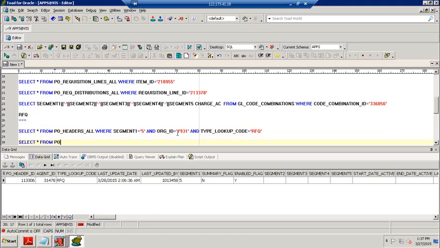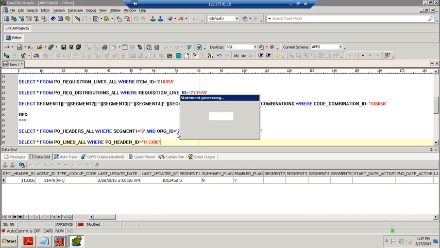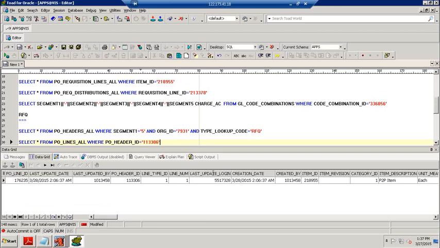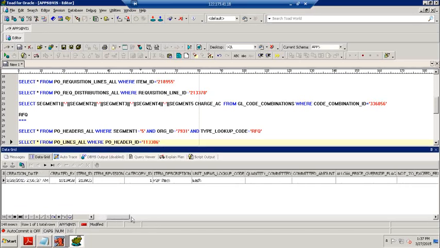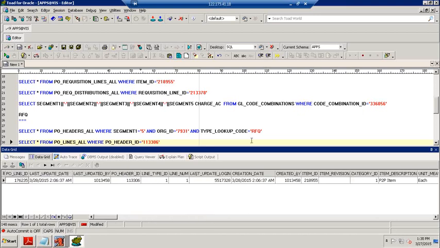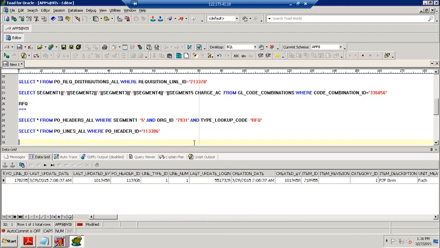Again, PO lines all where PO header ID is 113306. We are getting the item information. What is the item? How much quantity do we require. Sorry, in line locations we tell the supplier how much quantity is required, right?